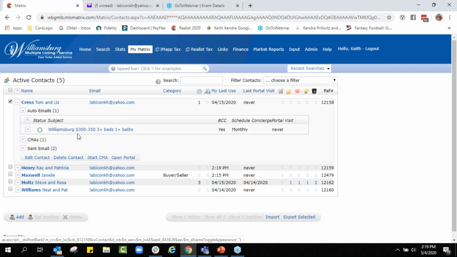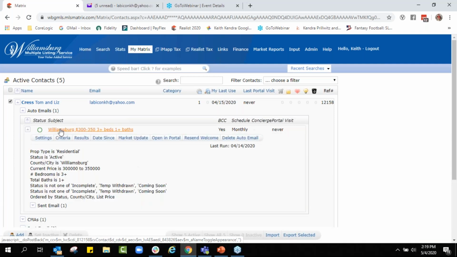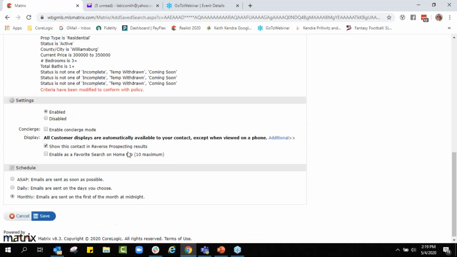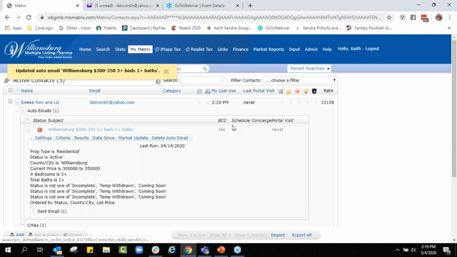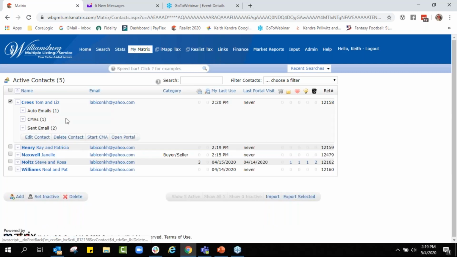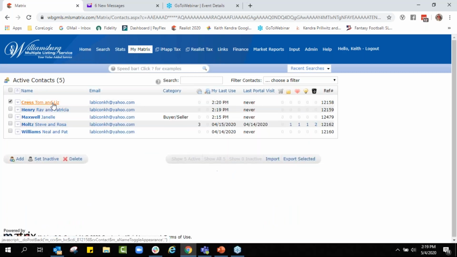an auto email. Now, what I could do is just click on that auto email, go to settings, and then I could disable it. And once I disable that auto email, now when I go back up here, now I can set them as inactive or delete it. Okay, because that auto email is not active anymore. It's been disabled, been turned off there. Okay, so it's a little safety net, if you will, which I agree with. I like that. I think that's a great one